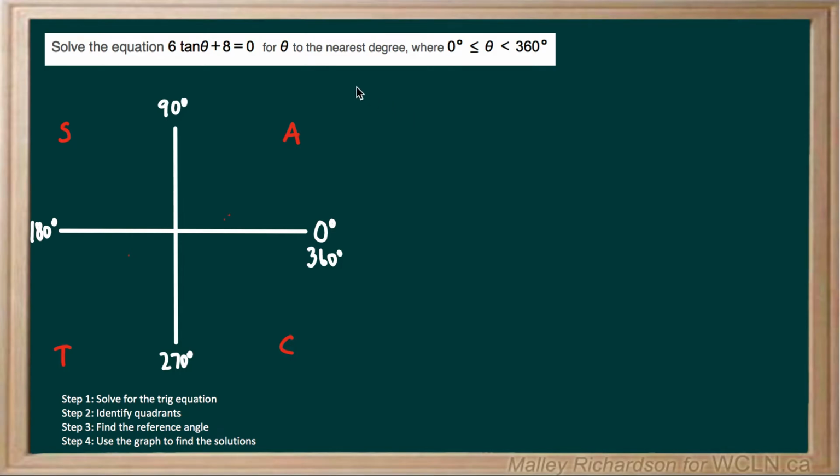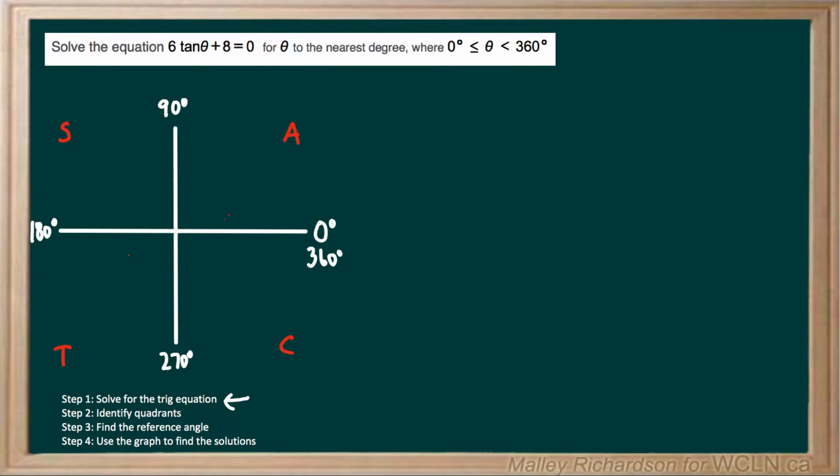Solve the equation of 6 tan theta plus 8 equals 0 for theta to the nearest degree, where theta is greater than 0 but less than 360 degrees. To solve this problem, we want to use our 4 steps below, where step 1 is to solve for our